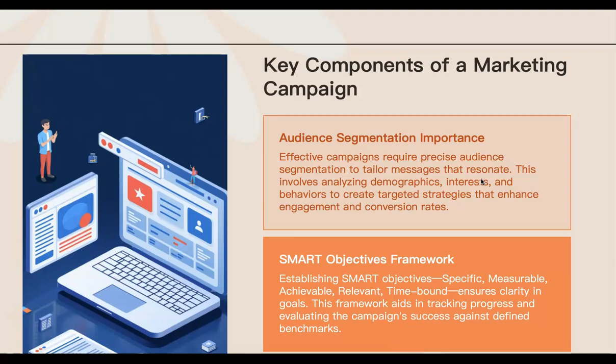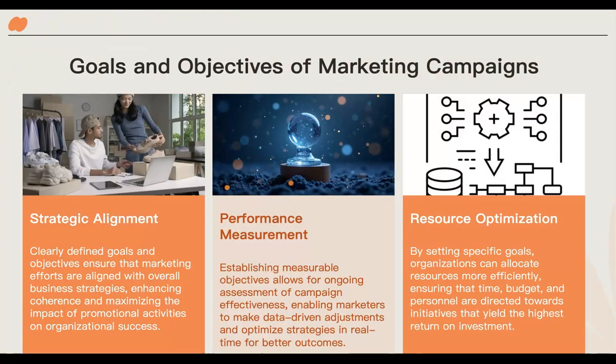And the other thing that's important in a marketing campaign is you need to have SMART goals. In other words, and you've probably heard of SMART goals a lot, they have to be specific, measurable, achievable, relevant, and time bound. So usually when you do a campaign, like I said before, it is a focused project, which means like any project, it has a beginning and an end, and it needs to have some goals as to what we are doing during this project.